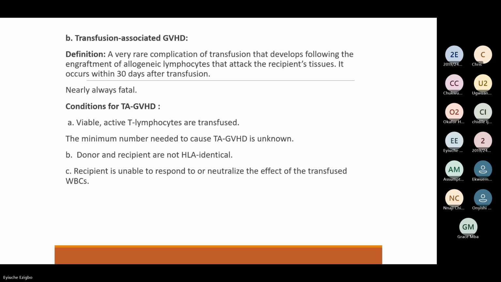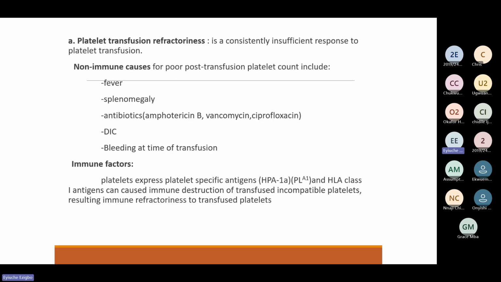Okay. So platelet transfusion refractoriness, or rather we may cap it here today so that next time we will now handle all those. Okay, so